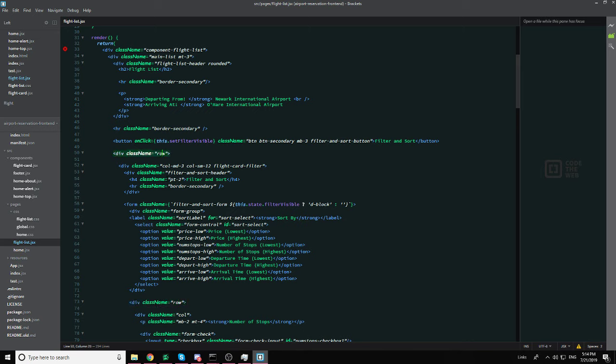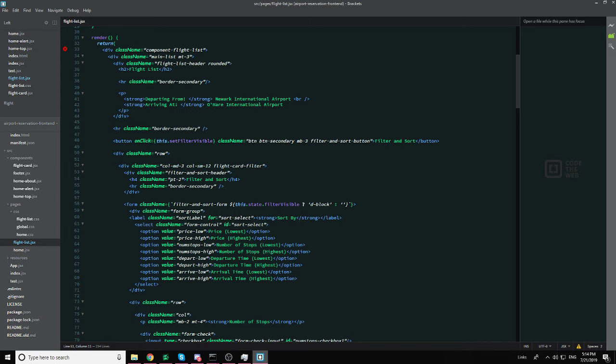So I have one row will be column MD. MD means like desktop, pretty much, or medium, I guess. I'm not sure exactly, but right. So column like that is fine, and column small is 12. So basically what happens is that